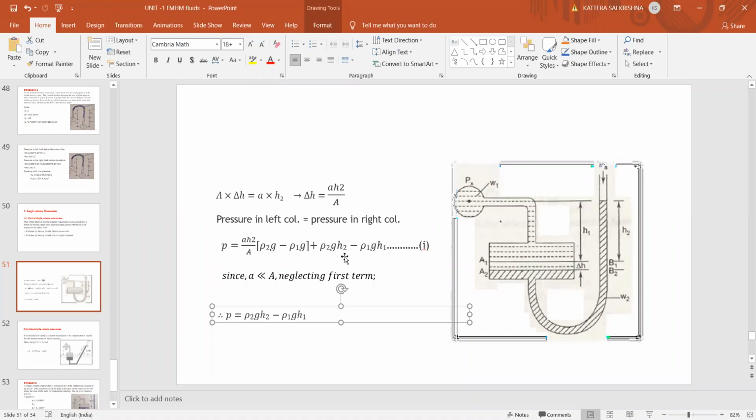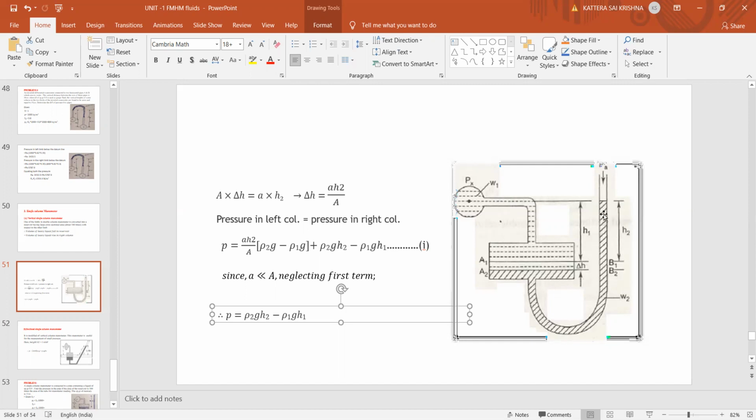So how we get this: if you consider the pressure in the right limb, only one pressure is there. That is because of this height from B2, delta H plus H2, if you take A2 and B2 as your column. If we consider this delta H value in problems, we will not, because the values are very low, negligible. So directly H2 you will use there. So rho 2 g (H2 plus delta H) will be the pressure in the right limb.